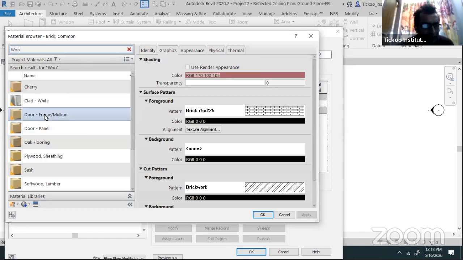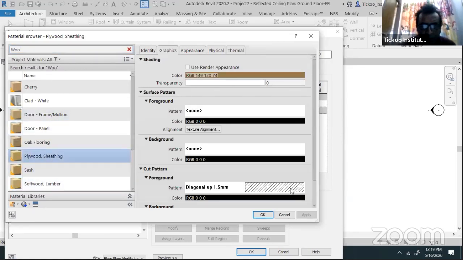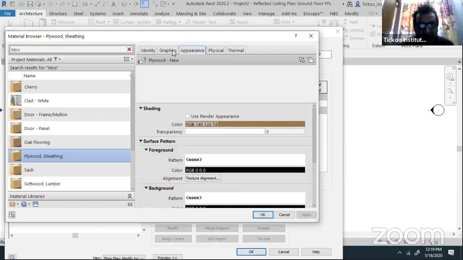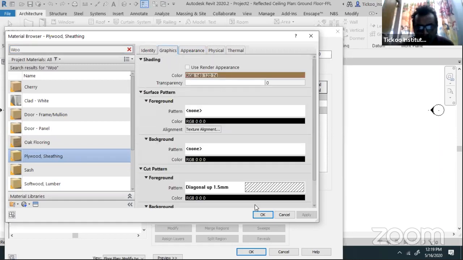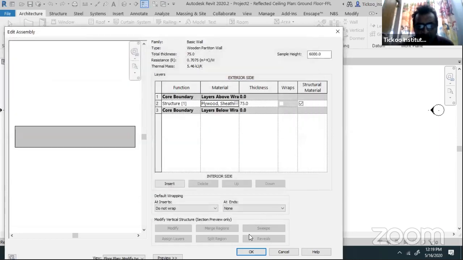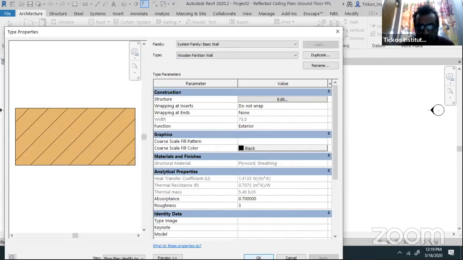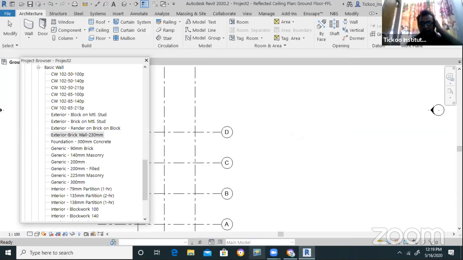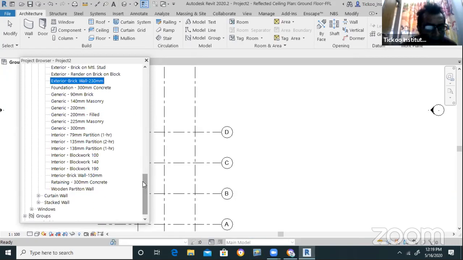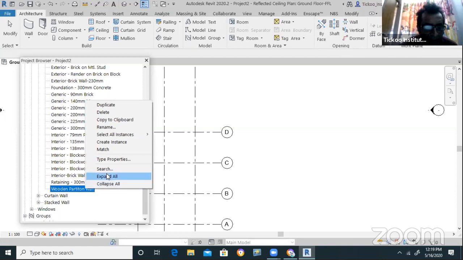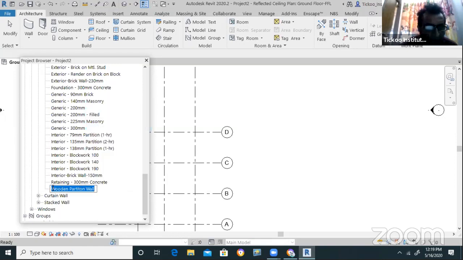So I can have, let's say, softwood or a plywood. If you take the material from here, there is an appearance and there is a graphics, how it looks. So I take it as plywood sheeting and press OK. So now you have got three, and then this is an interior panel. So you can rename it as interior